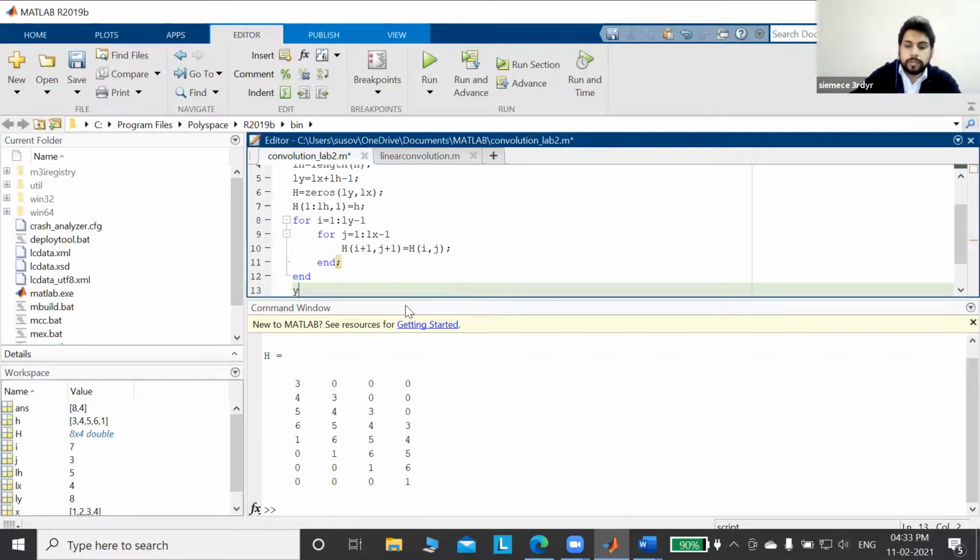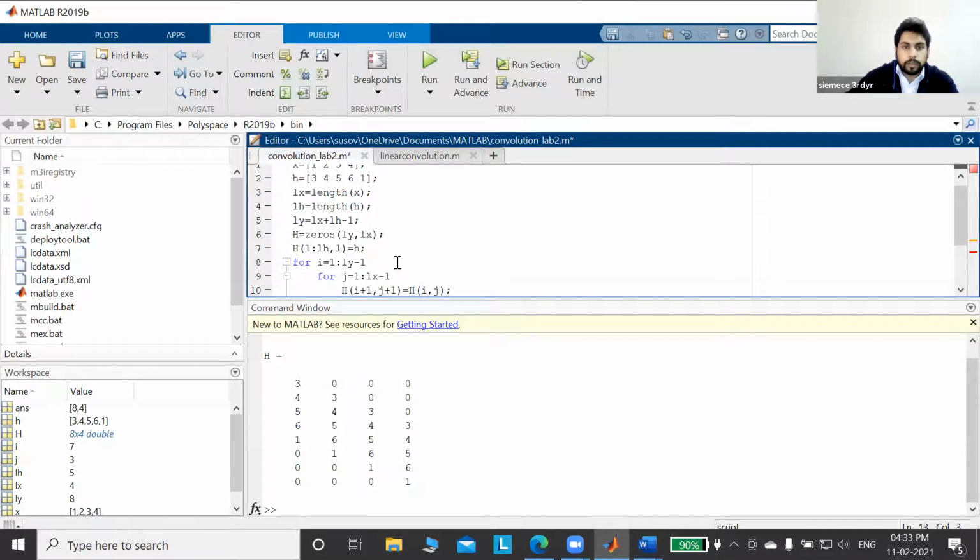So y will be y is equal to x comma, which element have I pushed? The lx. Sorry, h.